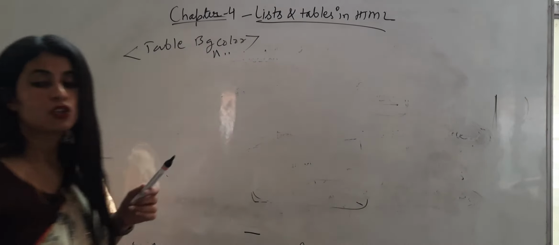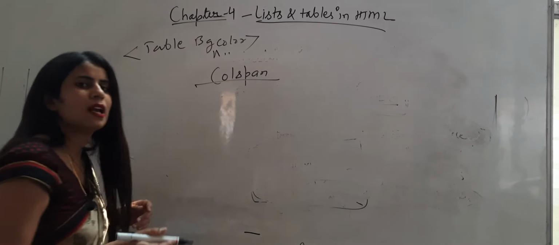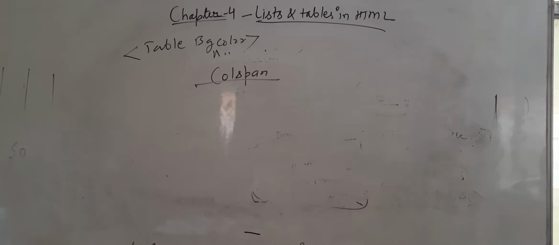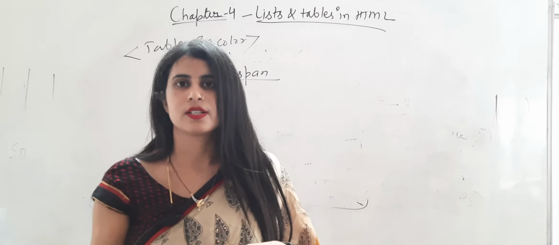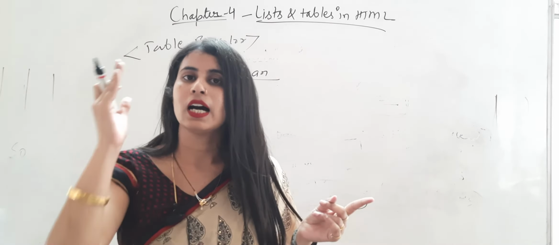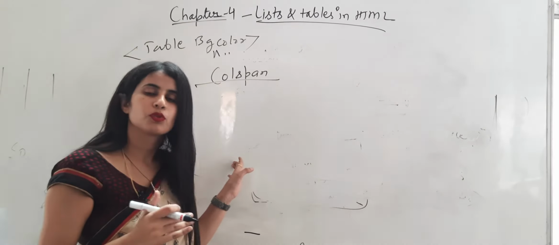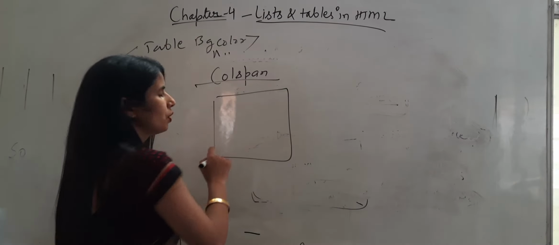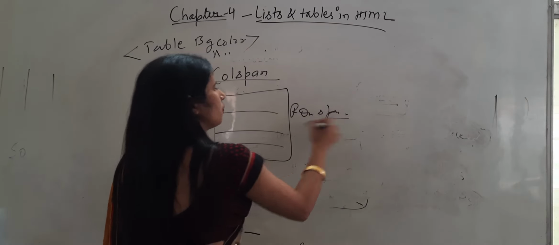Next one is column span. Column span in short we write as COLSPAN. It stands for column span and it is the short form of it. Okay, now what is column span? Here we are dividing a column into different sections. In row span we were dividing the row, and in column span we are dividing the column, so it will divide this into different sections there. Here we were dividing with row span, this is row span. And what is column span?